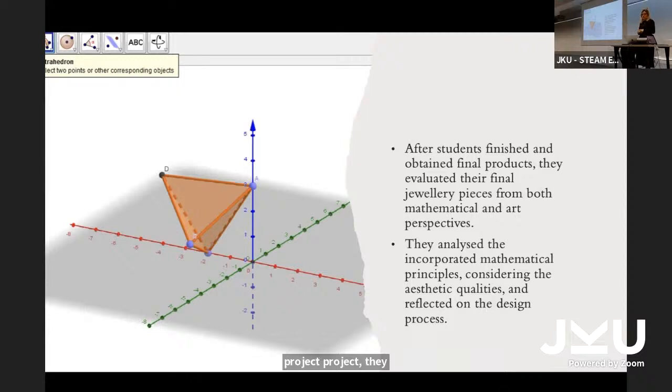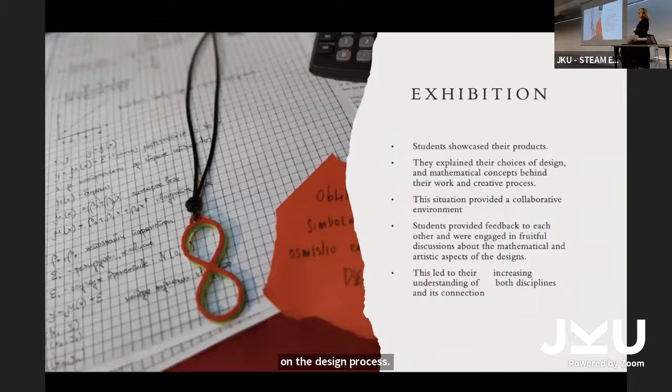We evaluated jewelry pieces from both mathematical and artistic perspective. So we analyzed the mathematics incorporated in the process, considering aesthetic qualities and reflected on the design process. We made a small exhibition where students showcased their products, and they explained why they chose some of their design,